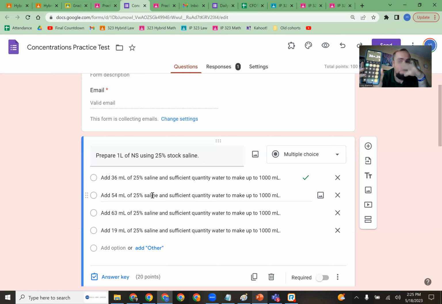Then you're going to add whatever amount of water, it doesn't matter. You don't need to know that for the purposes of solving the problem. You add some water, get up to 1,000 milliliters of total solution. To be precise, it would be 964 milliliters of water, because it's the 1,000 minus the 36 ml of stock saline, but again, it doesn't matter. You add that amount of water, you get to 1,000 ml. So you now have a solution that is 1,000 ml and contains 9 milliliters of saline. So 9 as a percentage of that 1,000